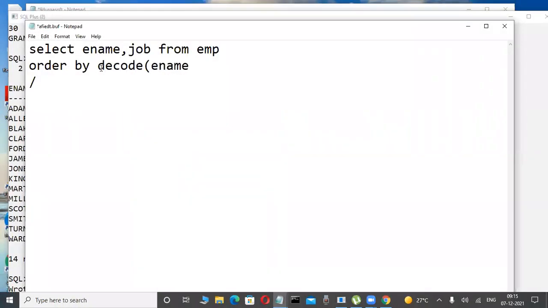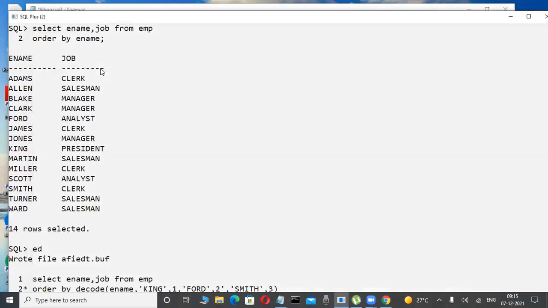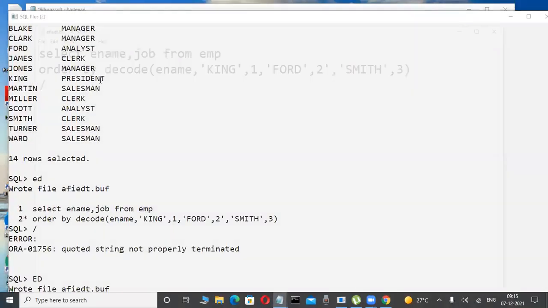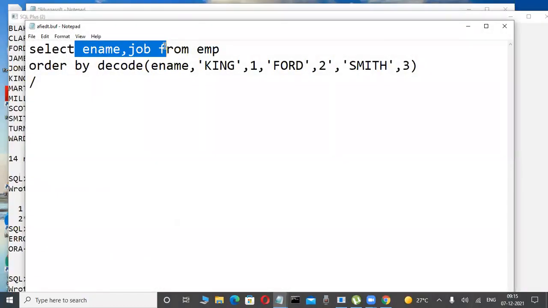Okay, decode of ename: suppose King is there, I want him first, meaning 1. Okay, fine. We are sorting that data in the ORDER BY clause. Now suppose Ford is an employee I want second. Again, Smith is an employee I want third. My own wish, we are controlling anything. Now check it out.